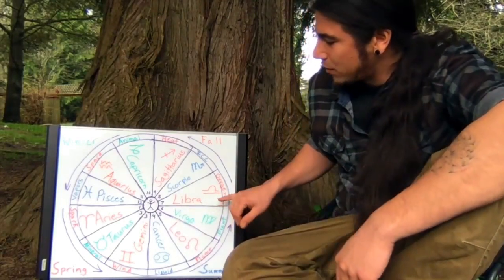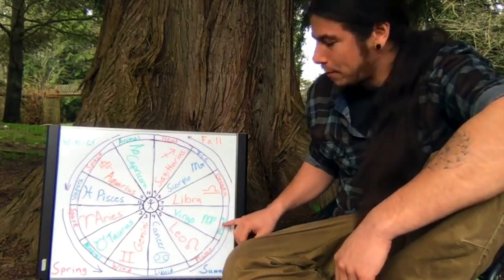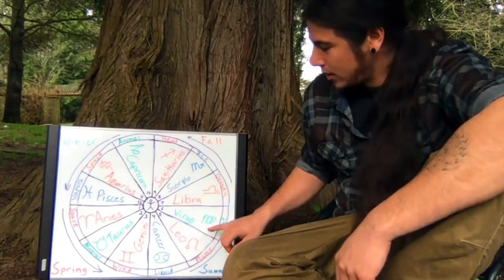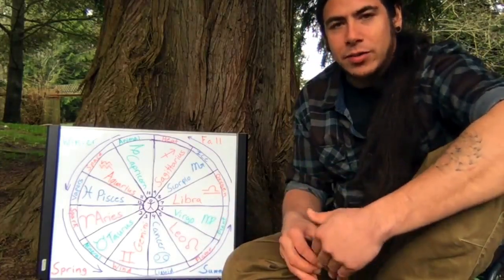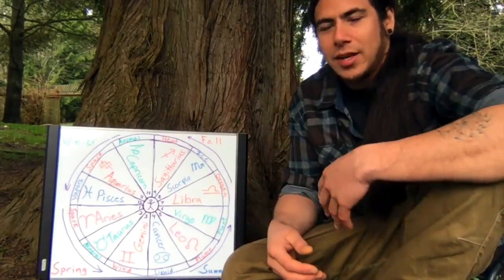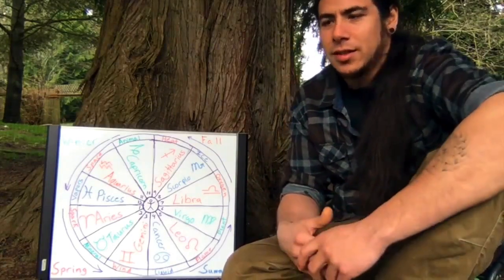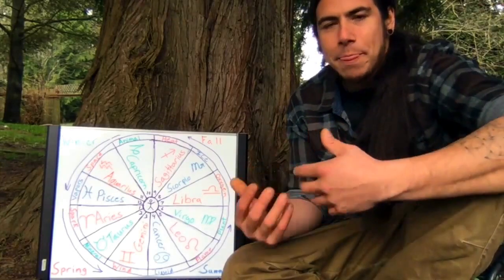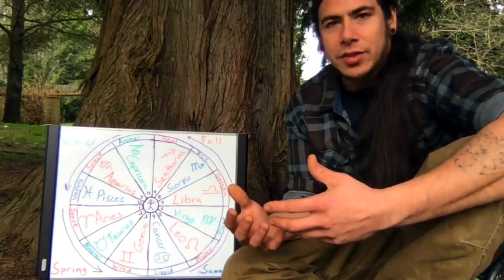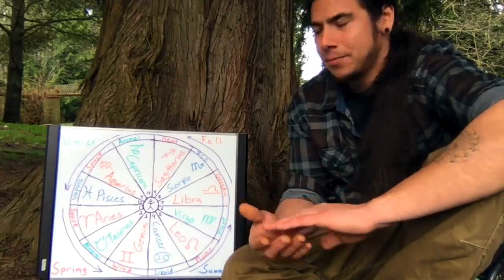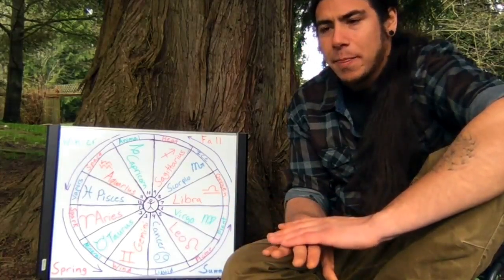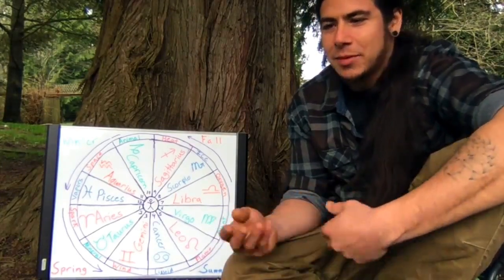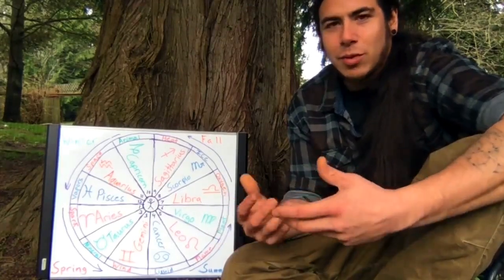And so, as I said before, each sign contains the ones that came before it. So Libra has inside of it Cancer, the emotions, Leo, the heart, and Virgo, the work and how we do things. So when we relate to someone, we're saying, how do you feel? What's in your heart? And how do you do things? Okay, this is how I feel, and this is what I do. And so we share with each other in that way. And so Libra is that air of relating. And now it's the harvest time too, and so we get our harvest and we share and come together in the potluck time of year, and so we share what we have.